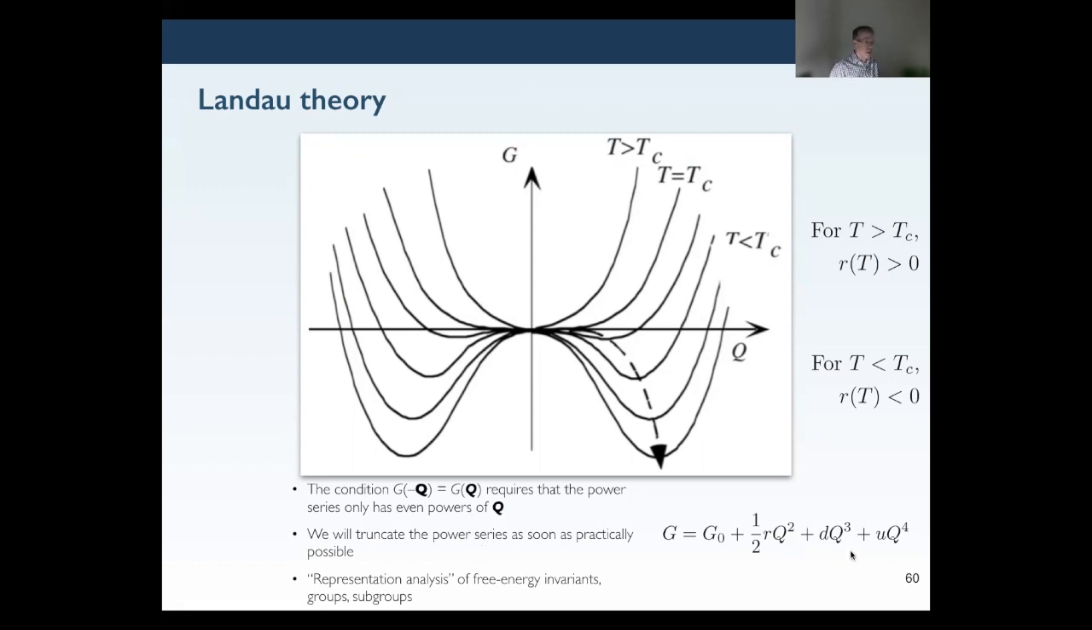If you start truncating things at second order, Q squared, or at fourth order, you're going to get different results than doing it to the eighth order, but the equations start getting very, very complicated very, very quickly. This allows us to create a mathematical system of representation analysis using free energy invariance. We have to think in terms of groups and subgroups, but this is still a mathematical process based on representation